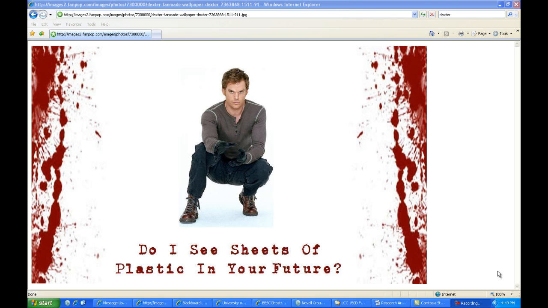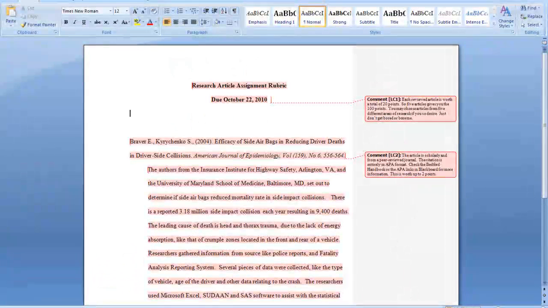This is just a short lesson on the research article assignment and exactly why and what it is. Some of you have emailed me and asked me exactly what is a peer-reviewed article and so on. So first of all, let me explain why the assignment is given. Let me get to the rubric here. The assignment is given to give you an idea of what scholarly research is, as opposed to just journalistic or